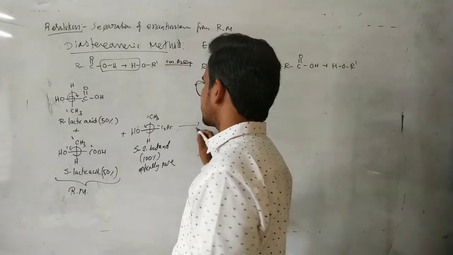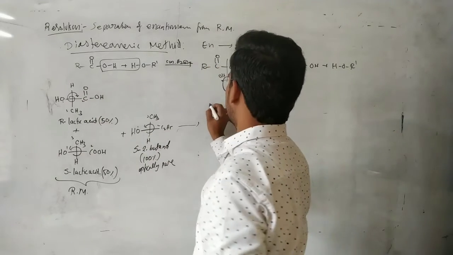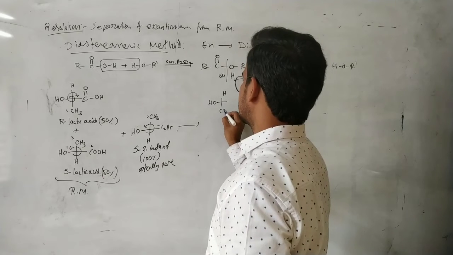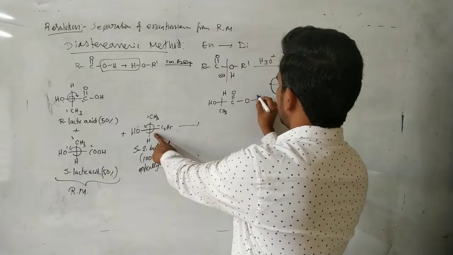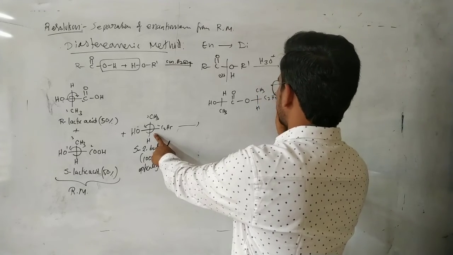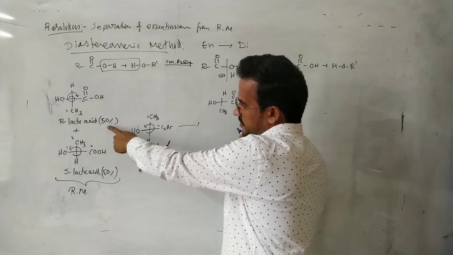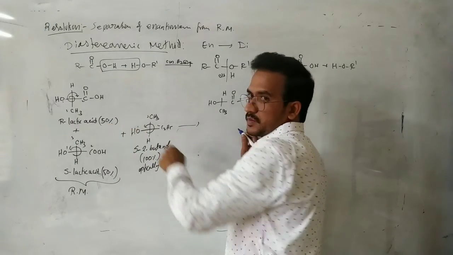You see this one: OH, hydrogen, and the ester will be formed. So OH, this is the carbon, hydrogen, this one CH3, C double bond O, and here this compound, hydrogen, this is the CH3, and here C2H5. That is the one compound. Now the remaining 50%, because here the 50% is the limiting agent, is reacted with this 50%.